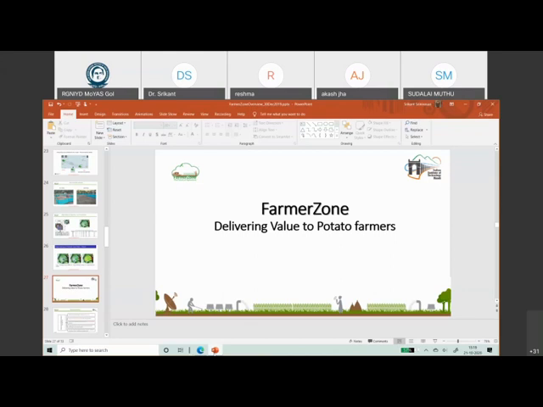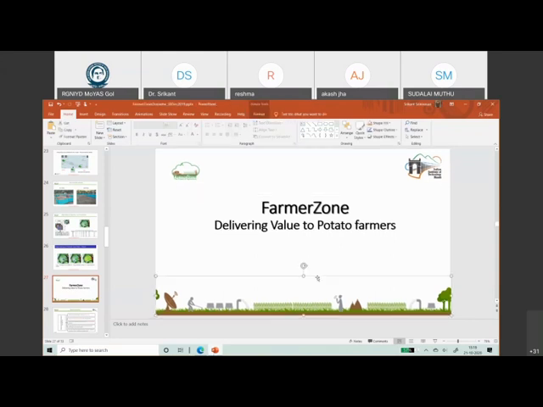Smartphones, we did a survey of various farmers, and I'll talk about that in the Farmer Zone part of the talk. Lots of the farmers have smartphones, not because they care about agriculture, but because it's the hot thing, right? So even if the farmer has a lot of financial problems, the farmer or his son or somebody ends up buying a smartphone. So they all have a smartphone. If I develop a mobile app for a smartphone, a farmer is willing to use it.